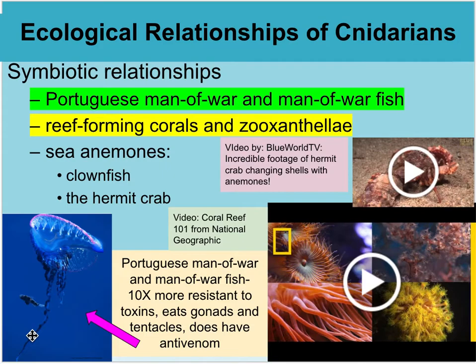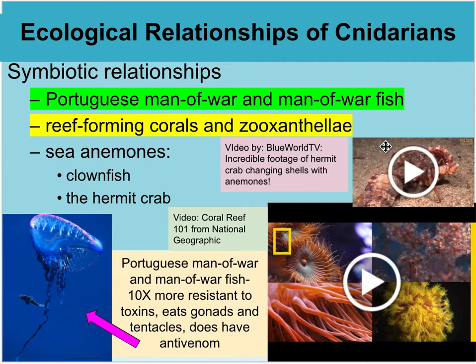But if it does get stung, it actually has its own anti-venom too. So it just swims along here, eating its gonads and tentacles as it moves along. So, interesting relationship. Another one is hermit crabs with anemones: some of them will actually put anemones on their shell,